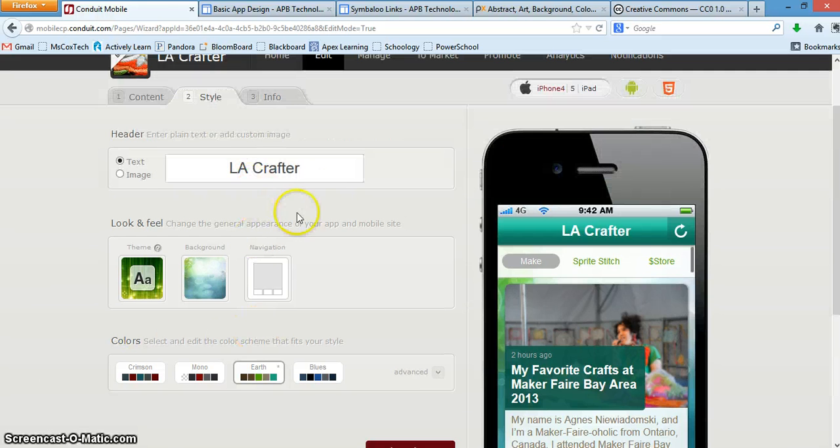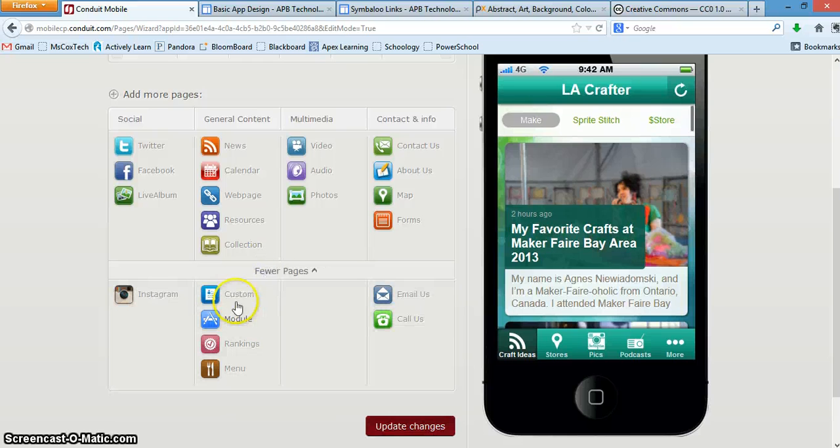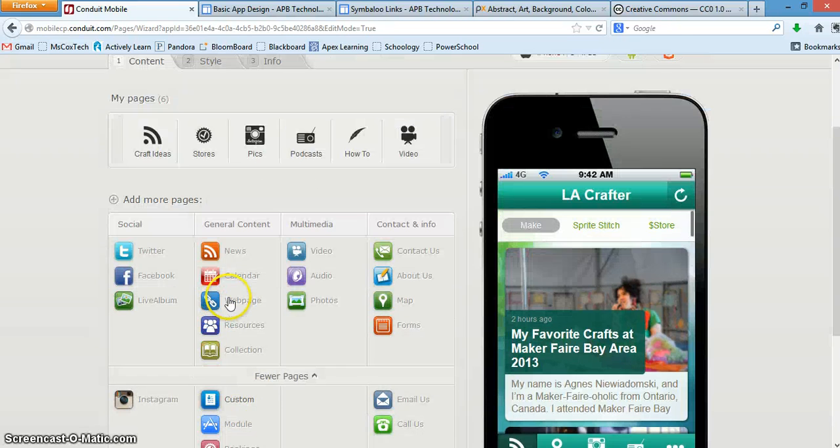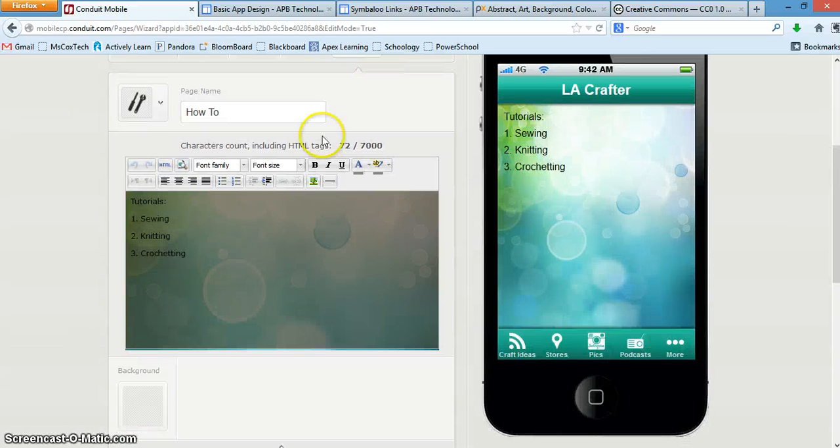So a lot of students have asked me, well, where do I cite who created the image? Well, if you use any Creative Commons images, you're going to have to go to this Content tab, and you'll need a page that's a custom page. My custom page is the how-to page. I called it how-to. It's a custom page. And basically the custom page lets you